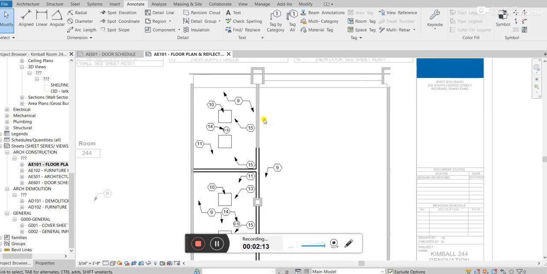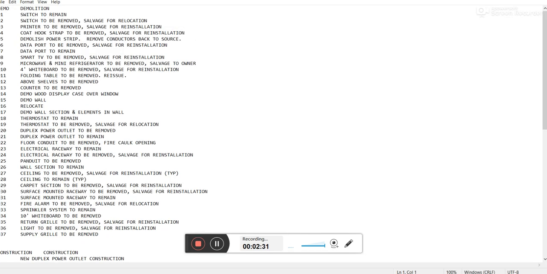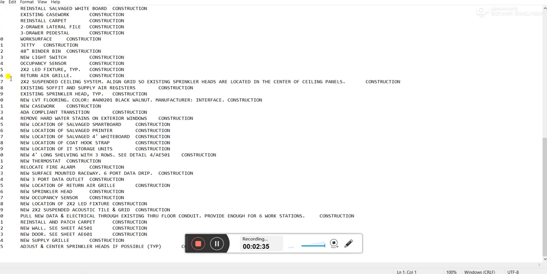So let's do an example. Say instead of having this grid system here, I want to have a painted ceiling instead of having it stay here. So I will go into the construction drawings, and give me one sec. So I will type in a new number. The one above it, you can't really see it right here, but it's 55. I'll type in 56, tab, and then I will put new painted ceiling